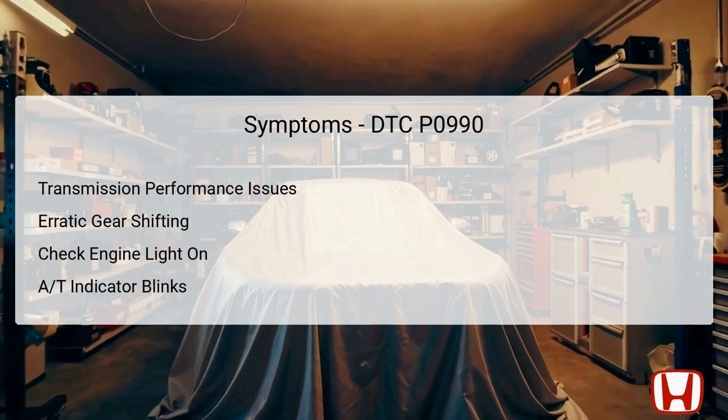When the DTC P0990 is present, several notable symptoms may arise that can affect the overall performance of the Honda Accord. One primary indicator is the illumination of the check engine light on the dashboard, which indicates the presence of an error code. Additionally, drivers may experience transmission performance issues, such as delayed or erratic gear shifting, especially when trying to transition into 6th gear. These erratic shifts can lead to vibrations or disruptions during acceleration, making the driving experience less